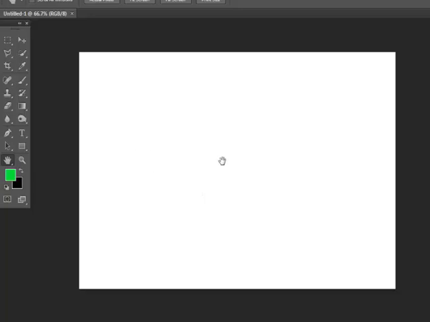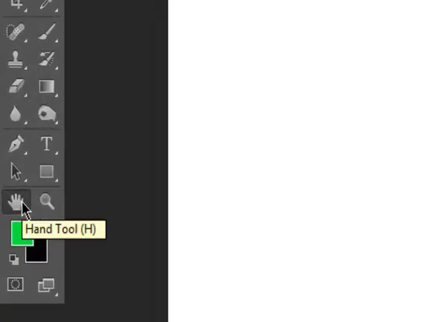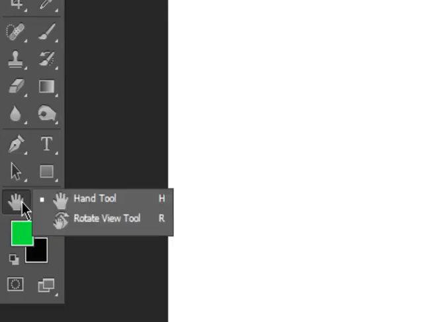How can we rotate this whole layer? The answer to that question is to just click your hand tool, or just right click.